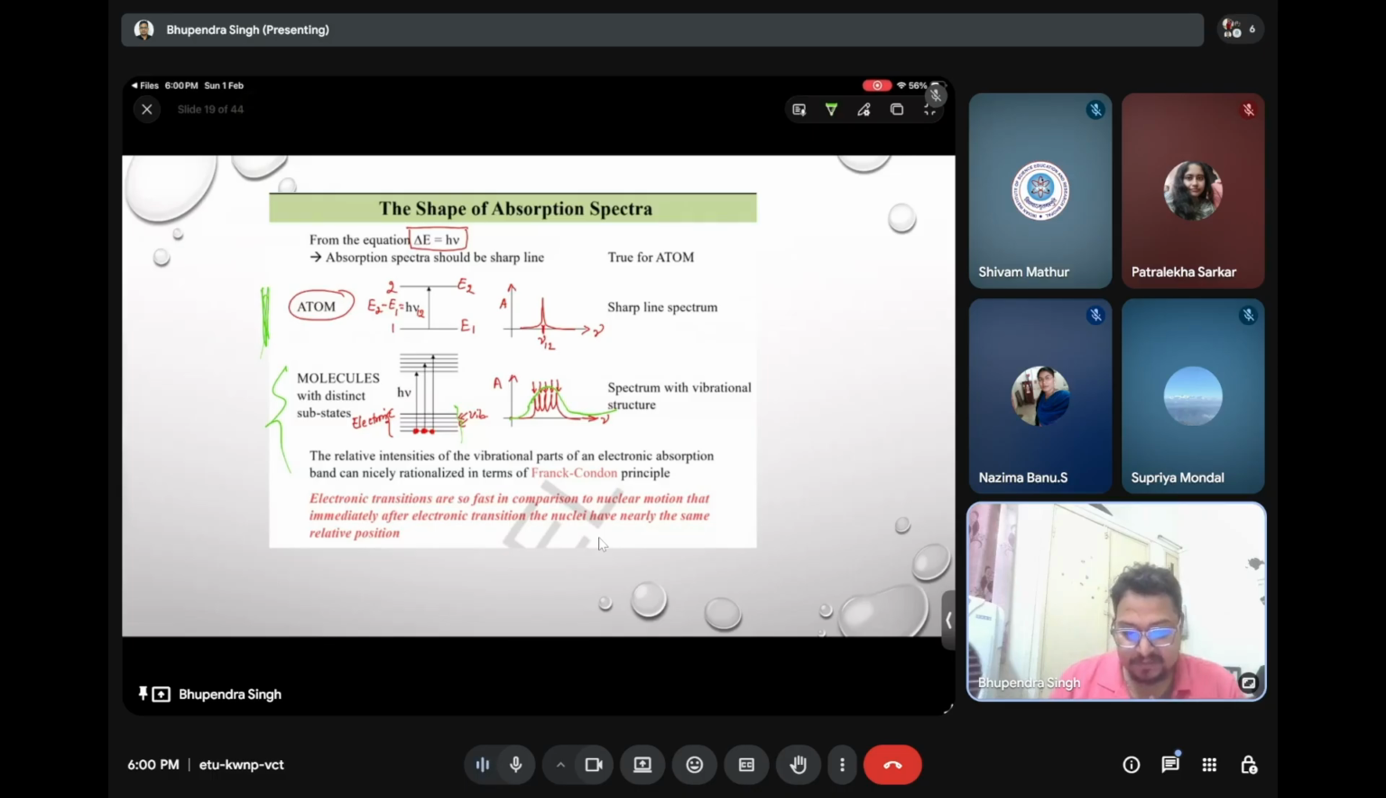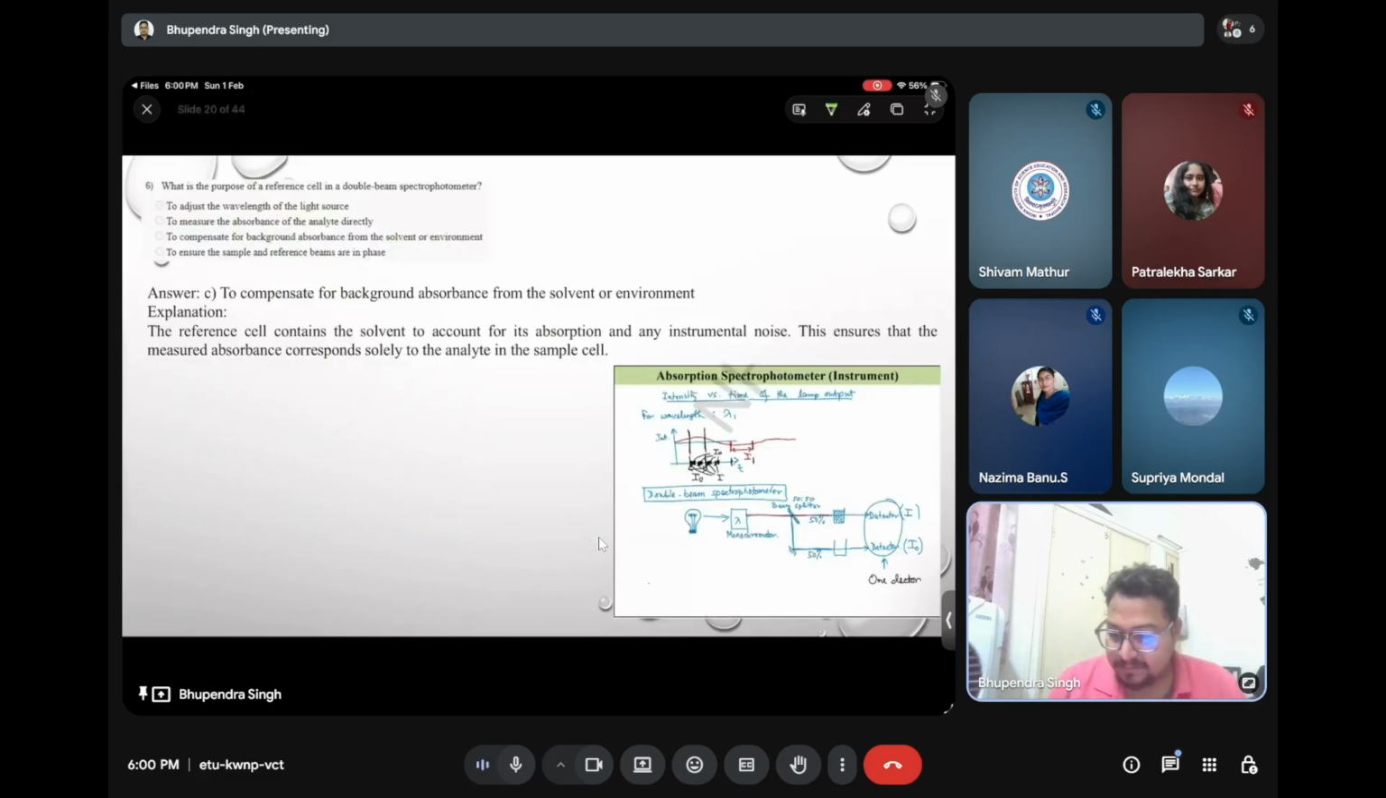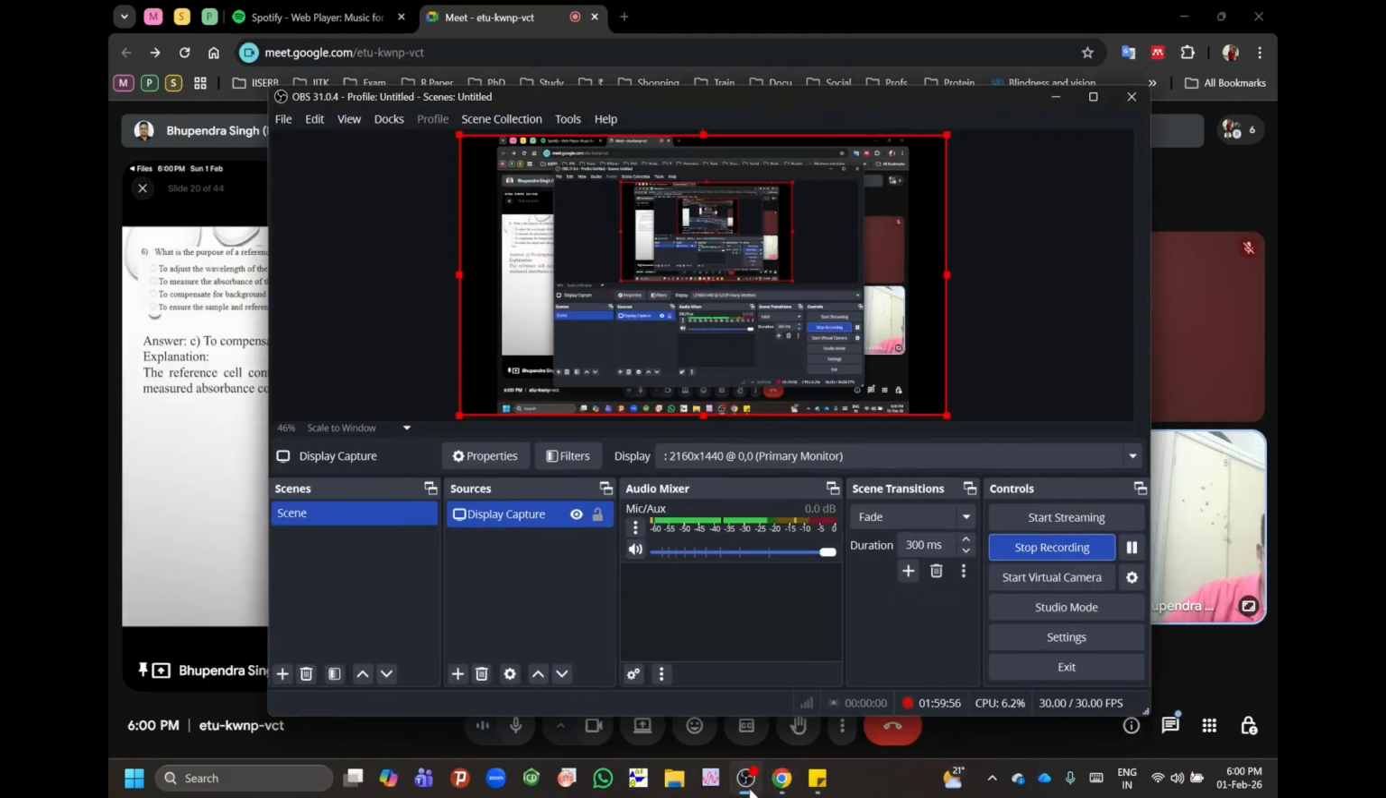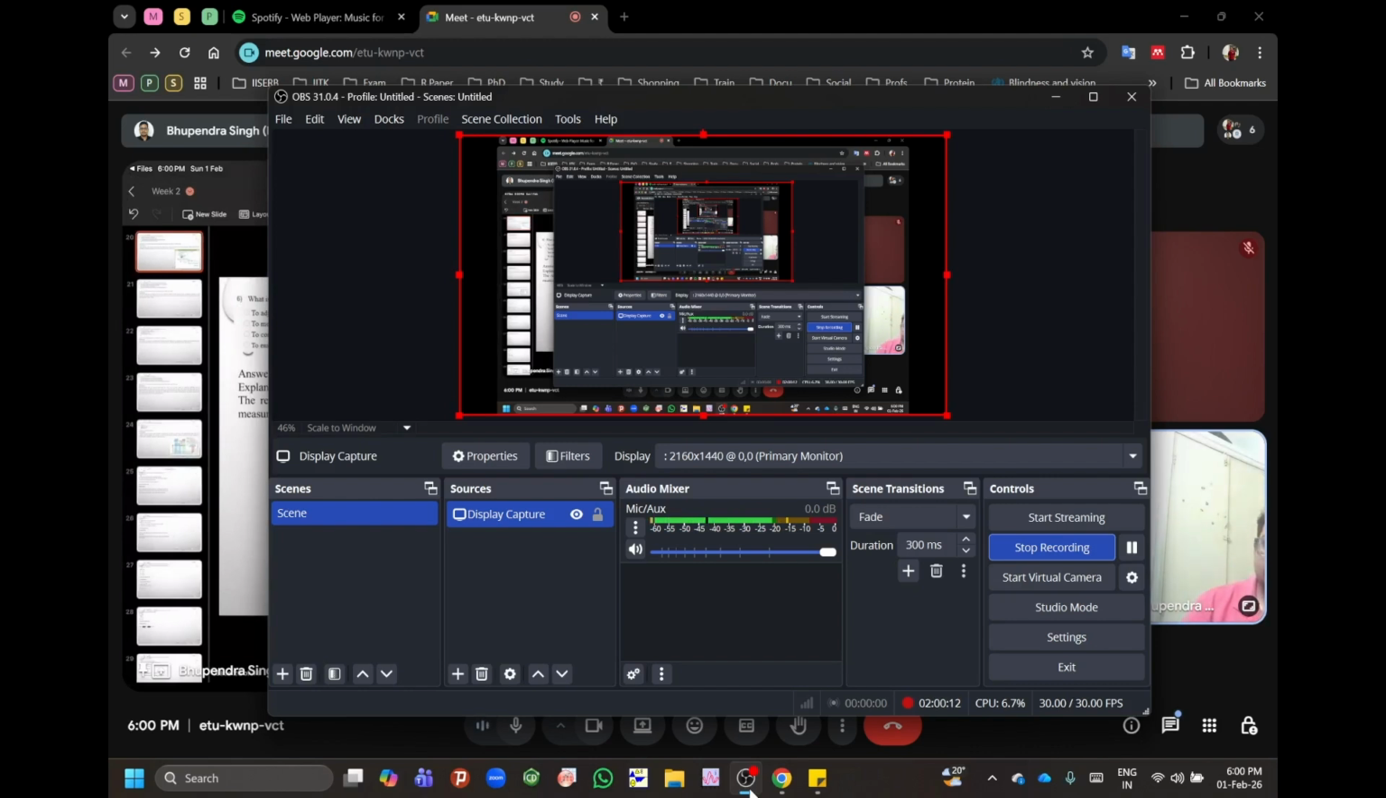This I already explained. Okay, what is the purpose of the reference cell in the double beam? Okay, let's see what is the time. I have been allotted only 2 hours to conduct this session. It is already 2 hours, so I am stopping here, and the next question I'll do in the next class, like the other questions in the week 2 assignment. Actually, I wanted to finish this,